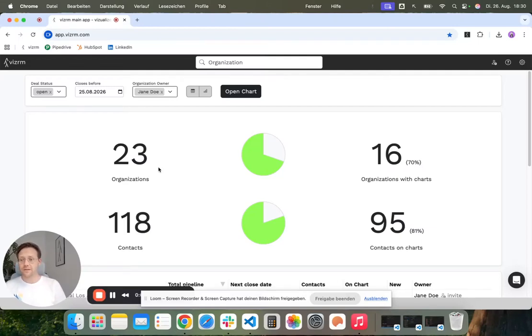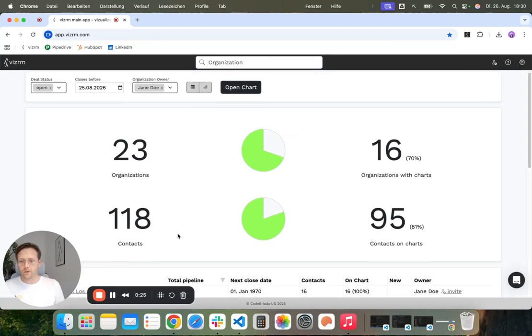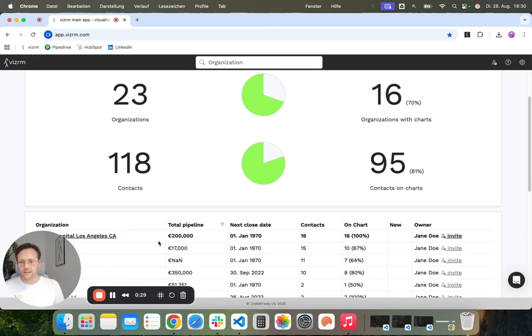We're going to start with navigating Vizrm org charts. If you would like to navigate to an org chart in Vizrm, you can start from the homepage, which you'll get to through app.vizrm.com or our homepage. From here, you can access through the search bar or recently viewed organizations, or from the homepage table down here,